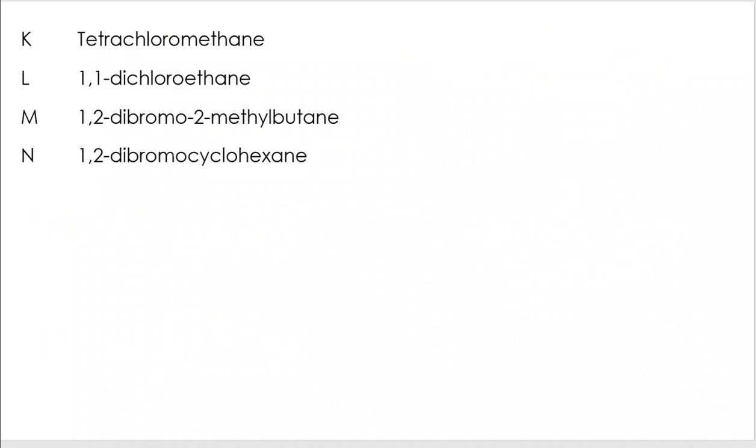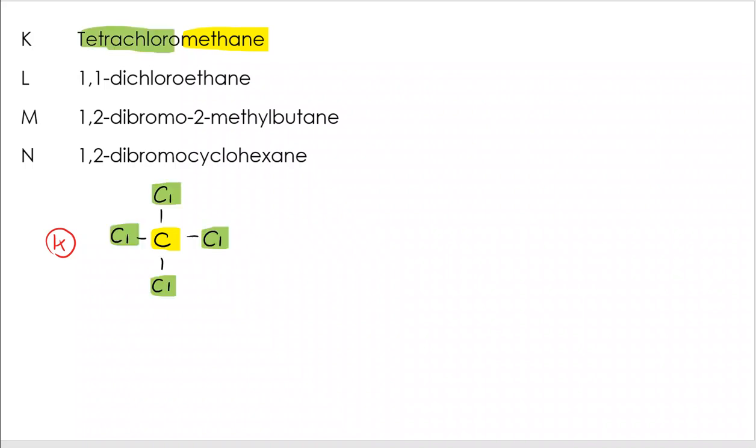We're going to move on to K, L, M, and N. So we're on to haloalkanes here. For K, we've got methane, which is a single carbon, and I've got tetrachloro, 4 chloro. So I'm going to put those around the outside. There's no space for any H's on that one. If I go to L, I've got